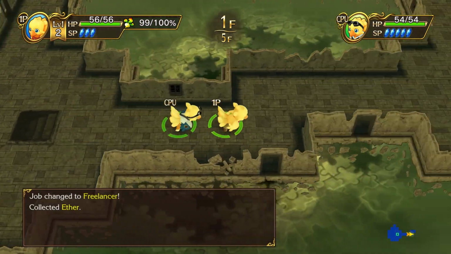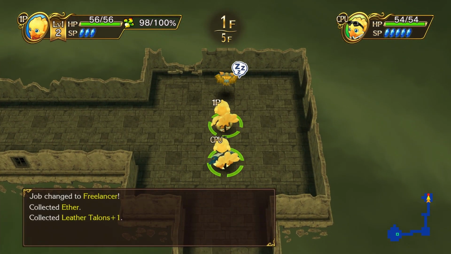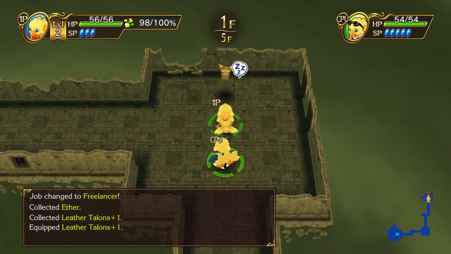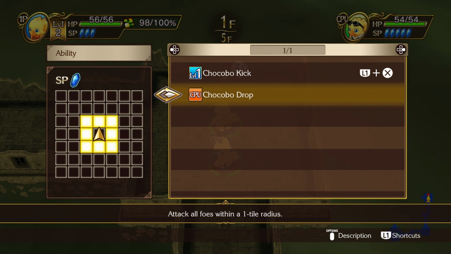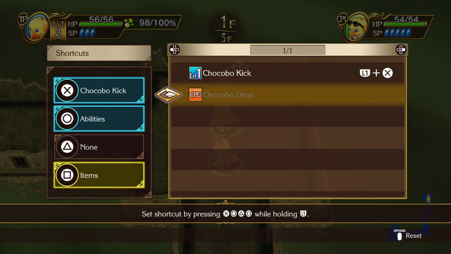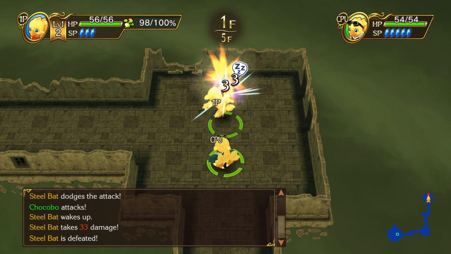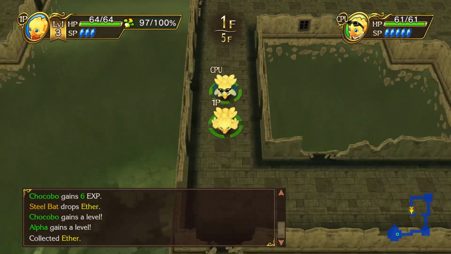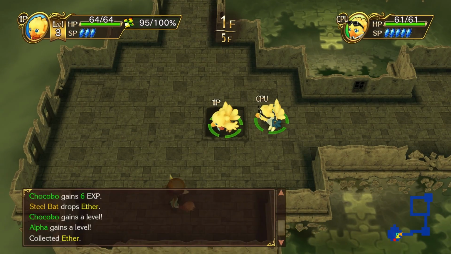Okay, we got an ether. And now the proper dungeon crawl begins! Leather Talons 1. Well, I should probably equip that, because that's gonna be better than the rusty MacGuffins. Yep. And then, murder. Did it reset my ability? Oh. Oh, items. Oh, won't let me do that. Well, that died fast. Whee. See, I haven't exactly played a whole lot of mystery dungeon games, but